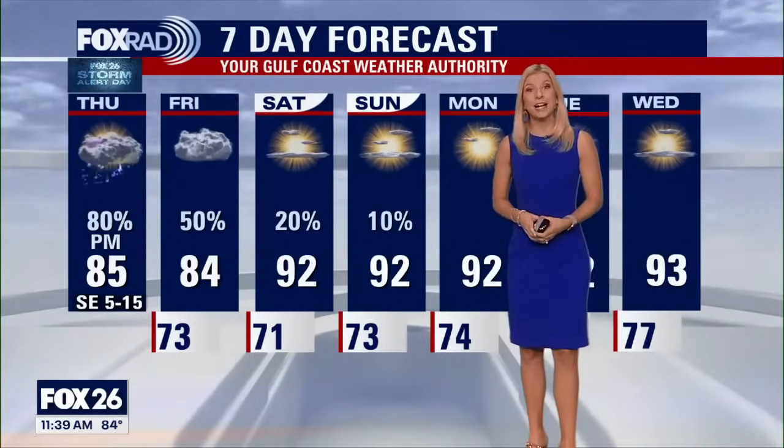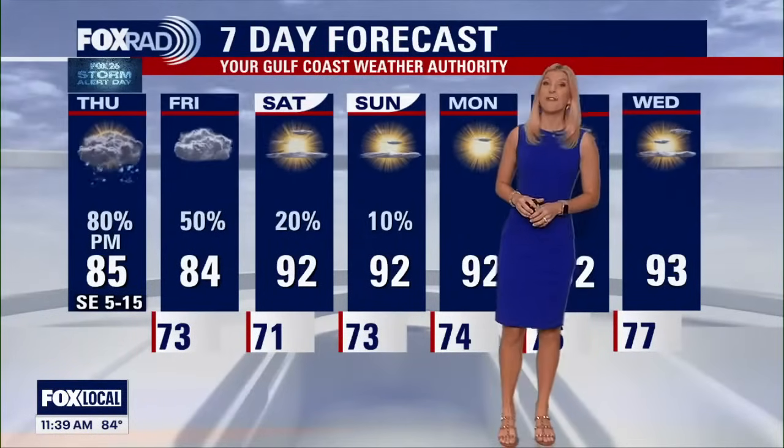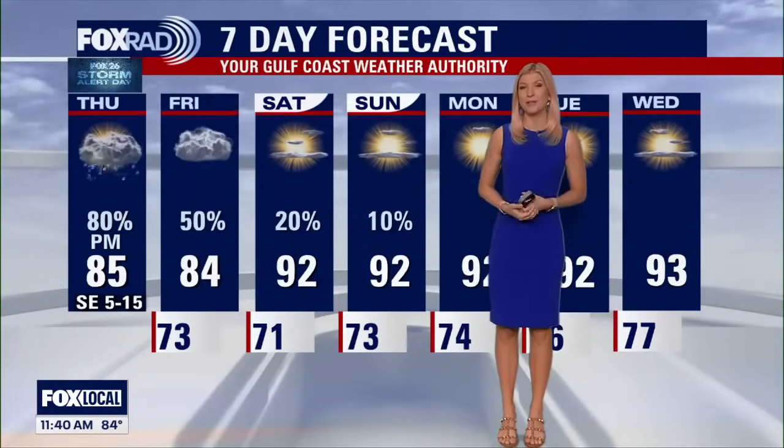So it's going to be hot, but it's important that you stay weather aware tonight, and make sure you stick with us on Fox Local, free to download, and we're going to have all the updates for you throughout the day and through